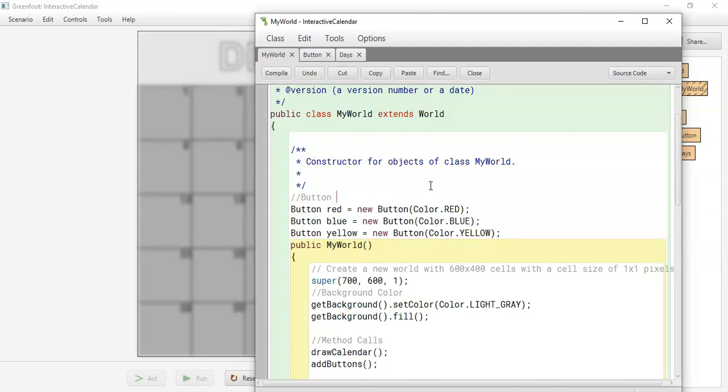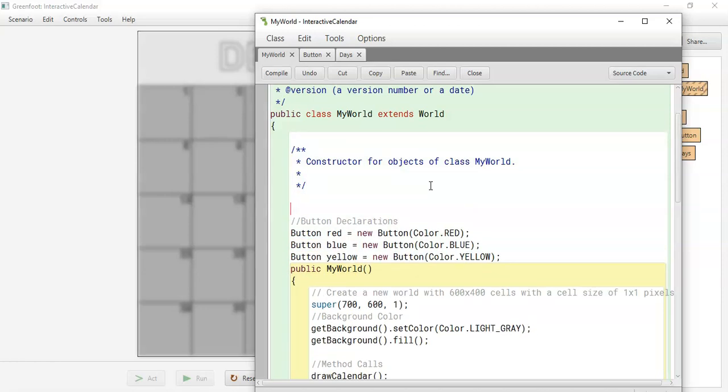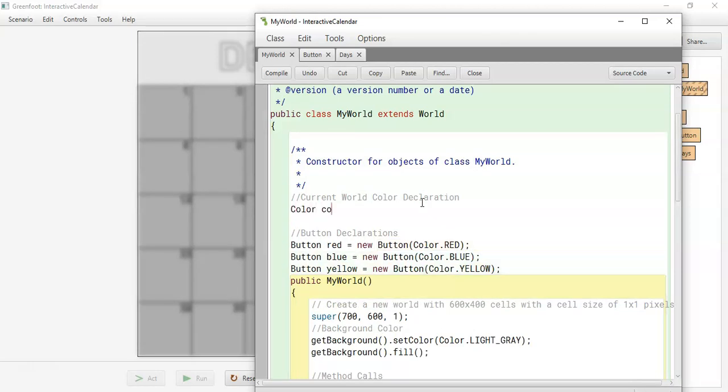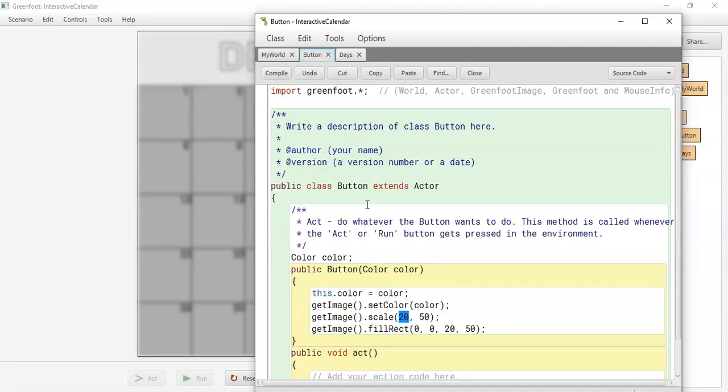And button declarations, but let's go ahead and say our current world color declaration. So our current color does not have a color, but it's just going to be called lowercase color. So now we have something ready to store color, but we need a way that we actually store it when we click. So our button needs to be able to have access to our my world,